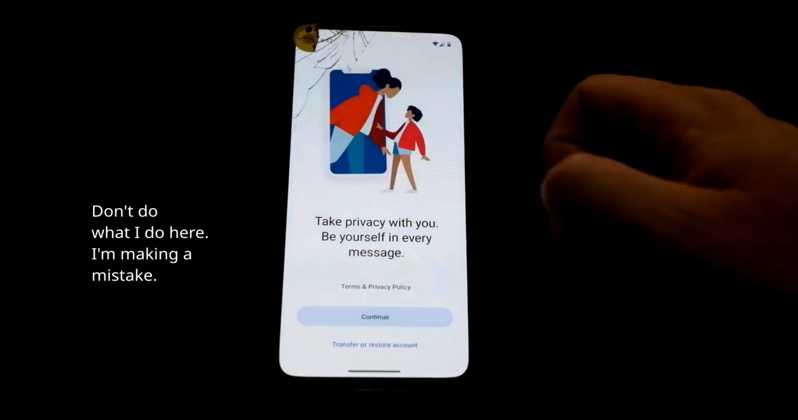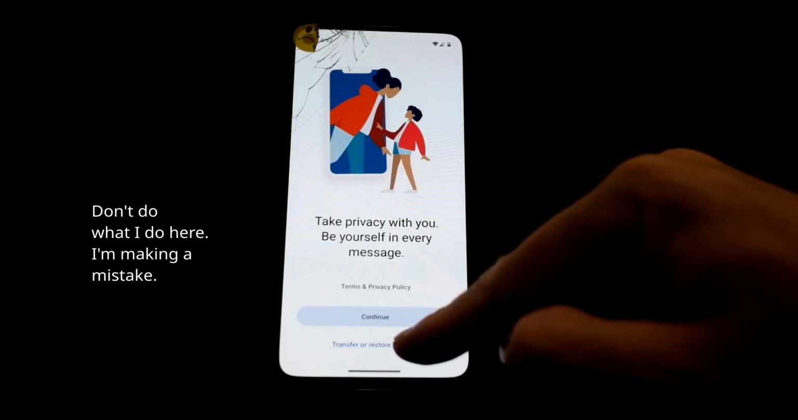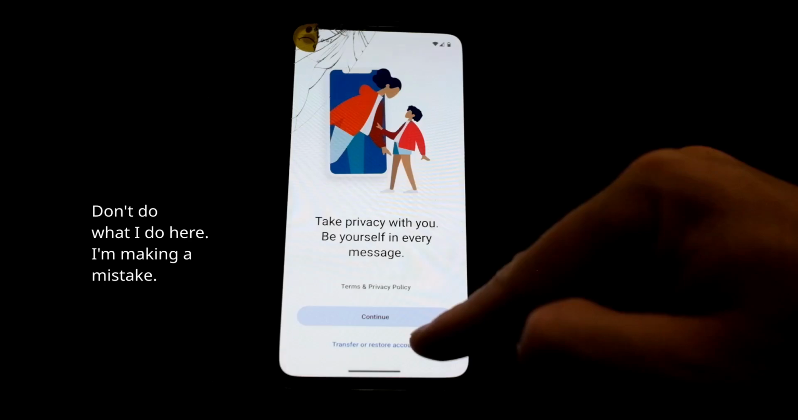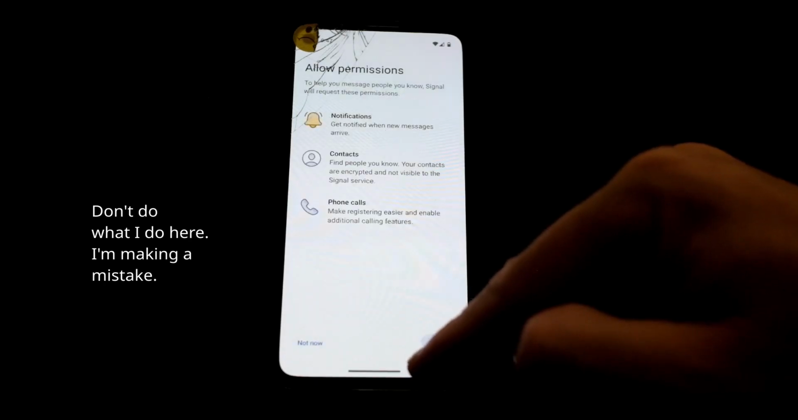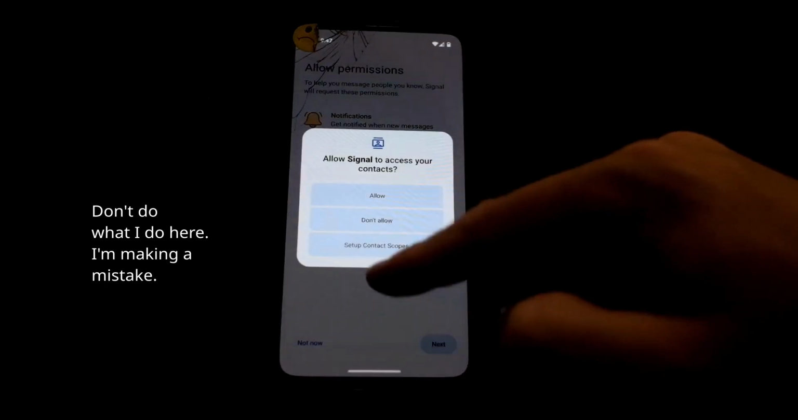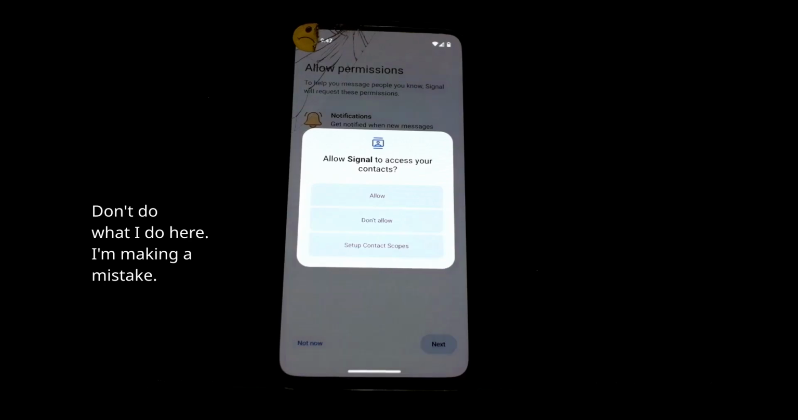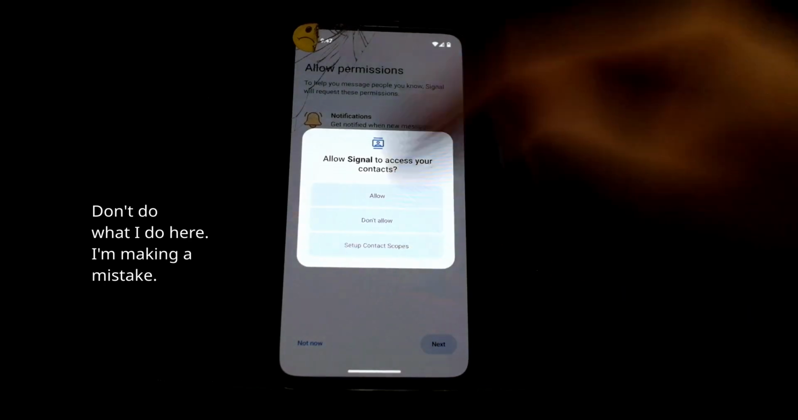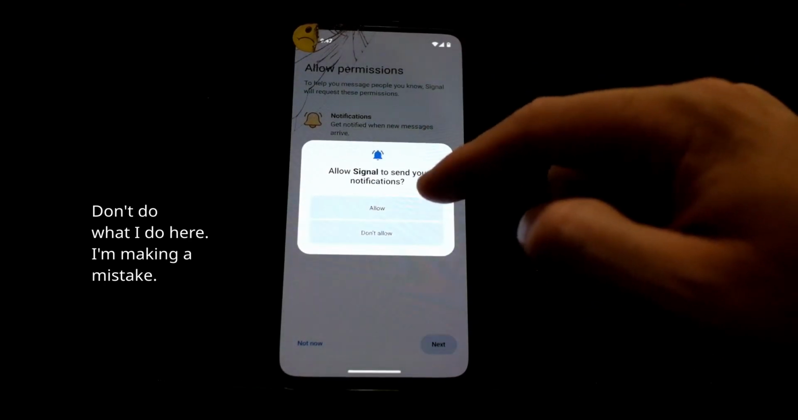So we click Signal. Now this is for the very first time, and I think that I may have created you an account. You can try to restore an account. That just means log in. Do you want Signal to access your contacts? I think that you actually have to allow. Well, I'm going to click don't allow. Send notifications